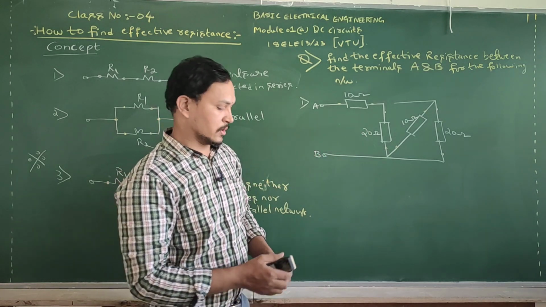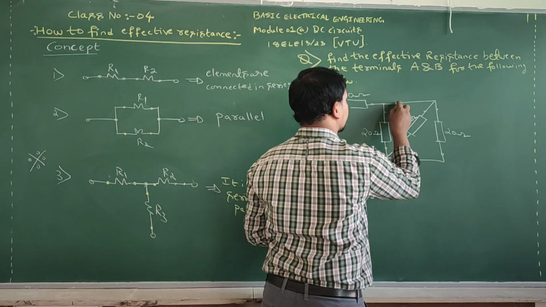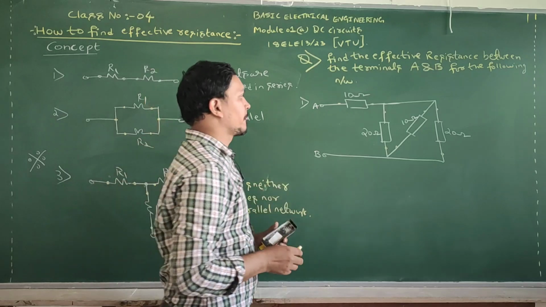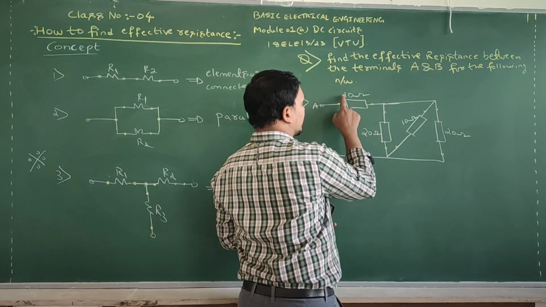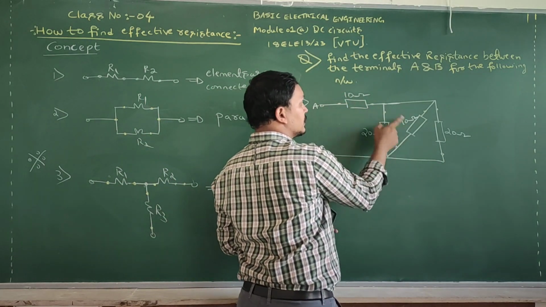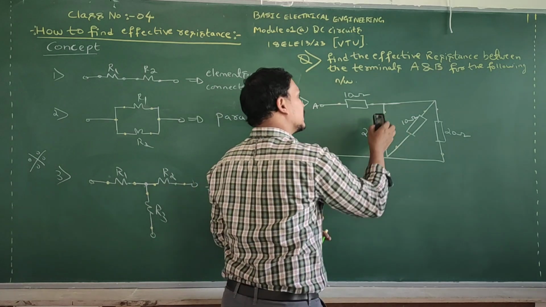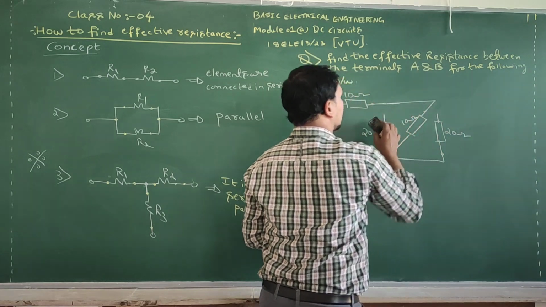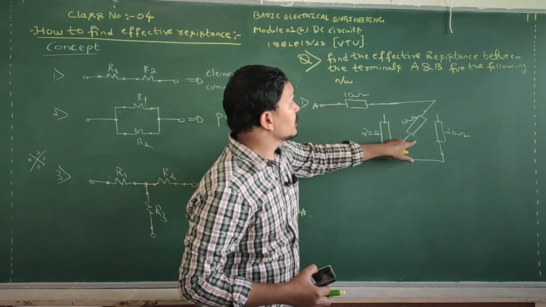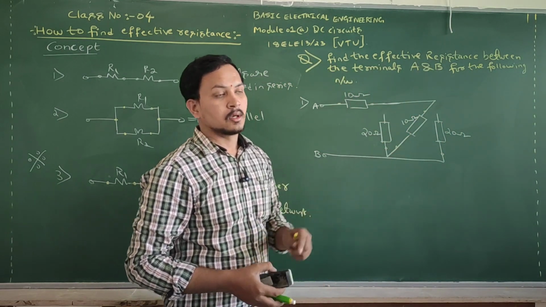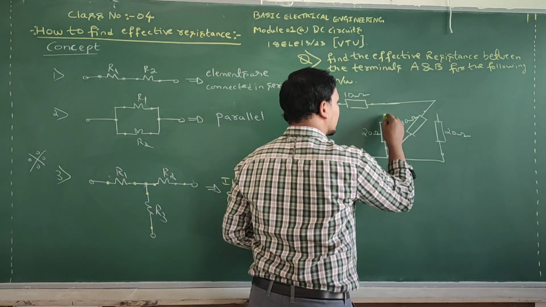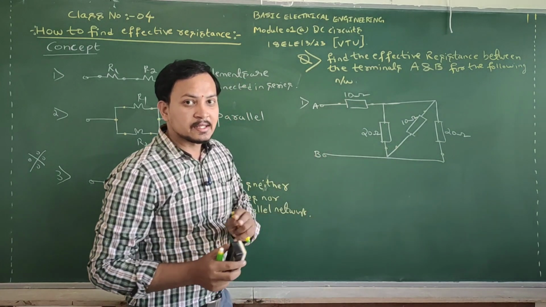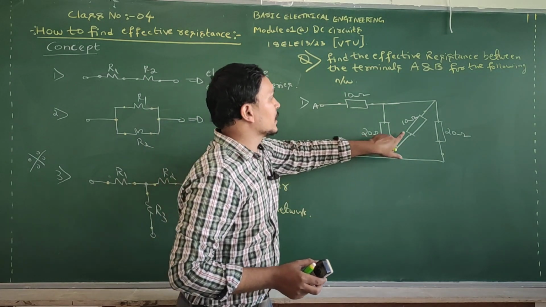But what is the actual network? There is a disturbance. You cannot make a series combination between these two. Next one: if you decide this 10 ohm and this 10 ohm are in series, yes, it would be series if there is no disturbance. Look here, now these two elements are connected in series. But in the actual network there is a disturbance. Therefore this 10 ohm resistance does not have a series combination with the 20 ohm and 10 ohm.